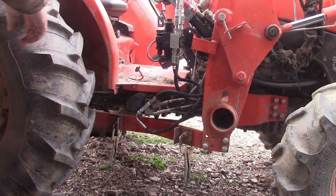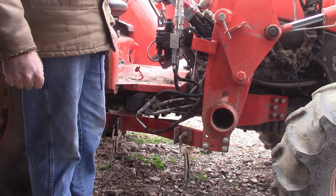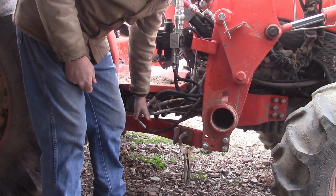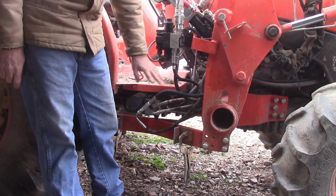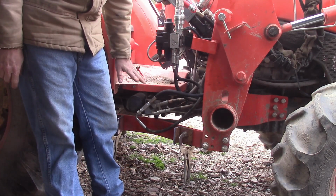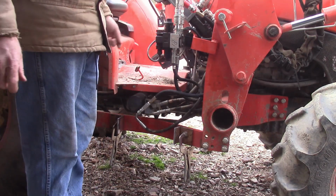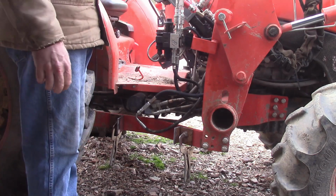I just did some work on my hydraulics because I was building a down pressure unit for my post hole digger, and I had to add this leg here, which made the exposure of my hydraulics a little more than it was before. But even yet, these are all pretty exposed, and you know, I use equipment pretty hard, and